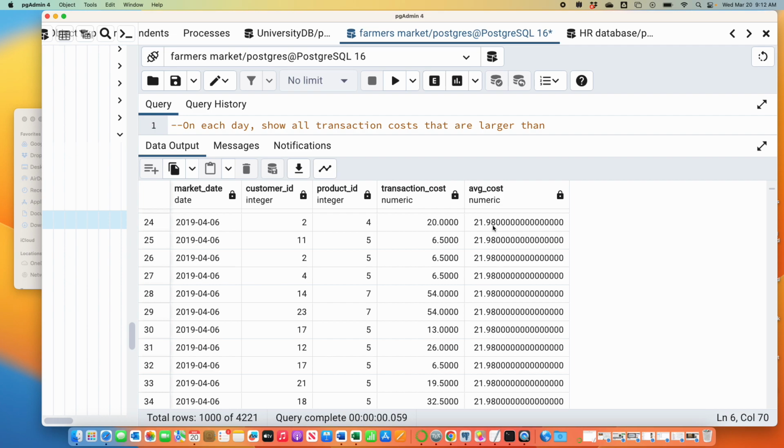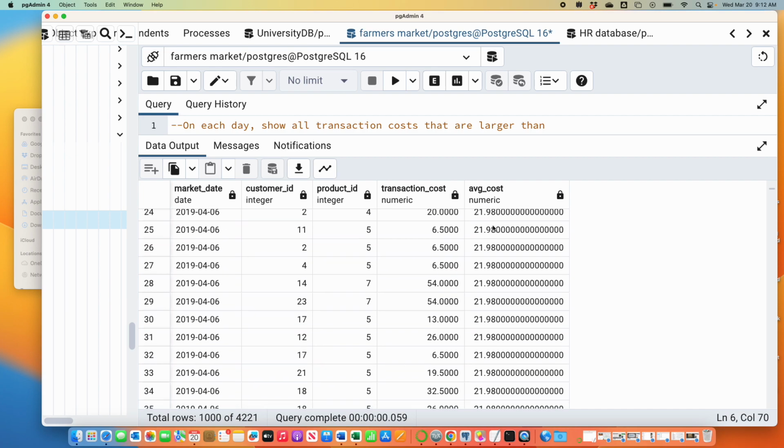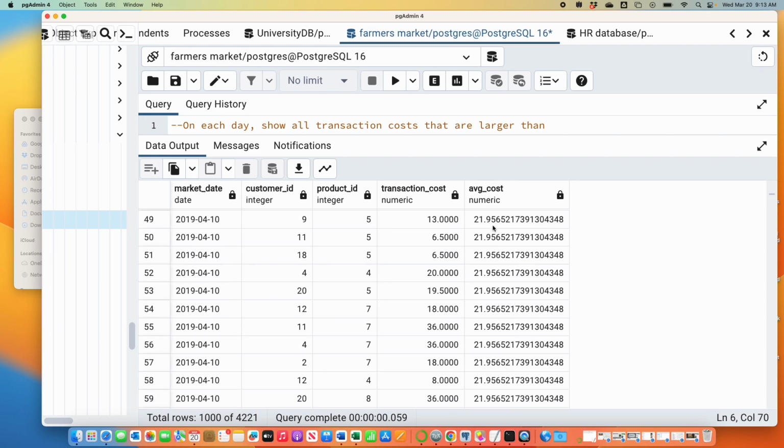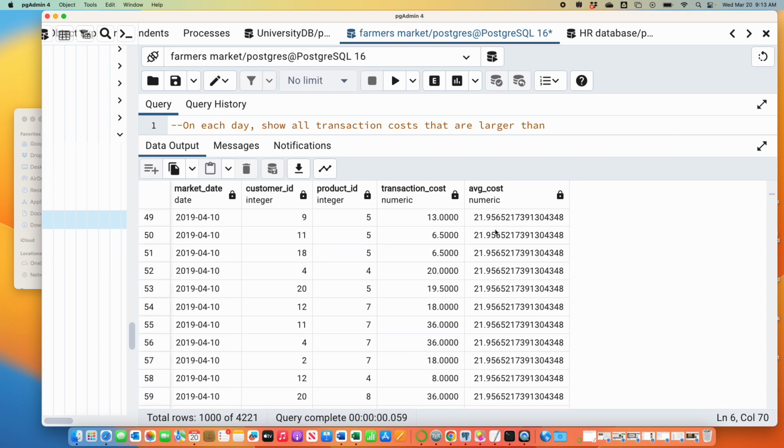So you're adding a new column that's just showing the average per day. And then April 10th or whatever, right? So there's a lot of repeats of this number, but it's keeping all the original data there. So group by would collapse stuff, right? Each market date becomes its own row. Here we're not collapsing each market date to its own row, because maybe you want to keep all this customer ID, product ID information. I don't know, individual transaction costs. Maybe you want to keep that.